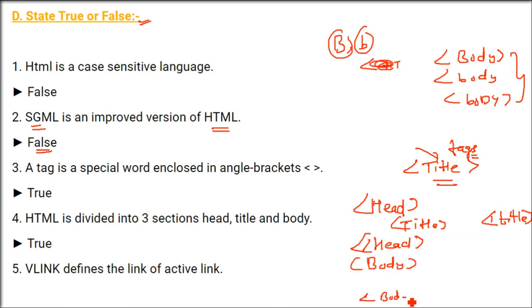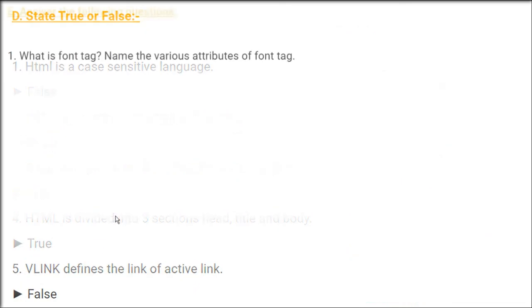Inside this you can give paragraph, etc., all the contents, image, animation, etc. So head and body are 2 different parts, so three sections. VLink defines the link of active link, and V is for visited. So this is false. It's not an active link. I'll tell you about this in the later part, because a question is going to come about this.